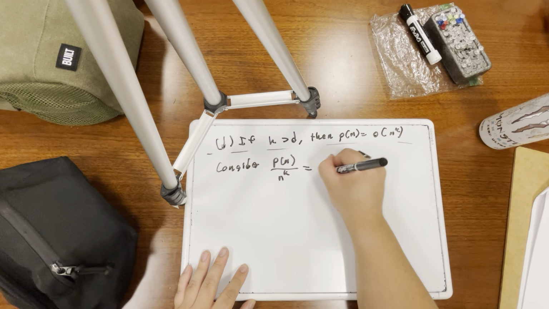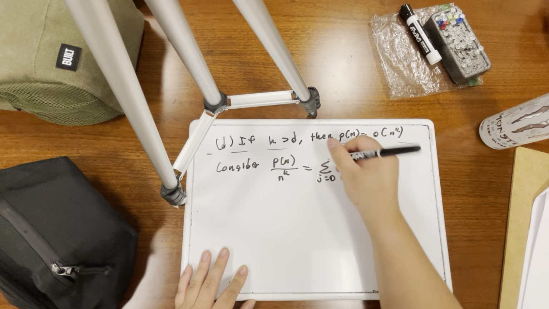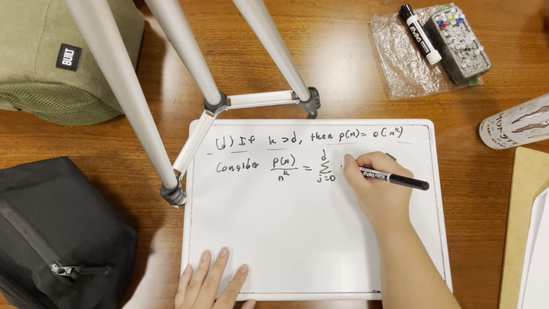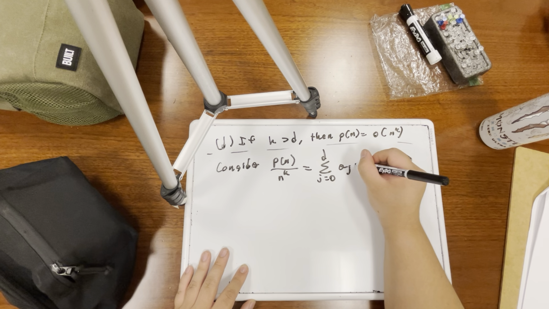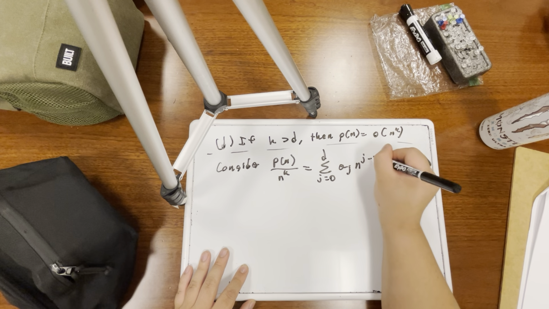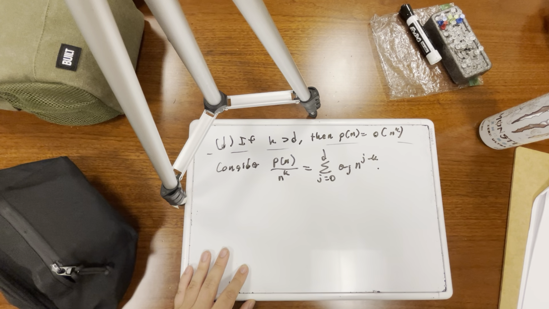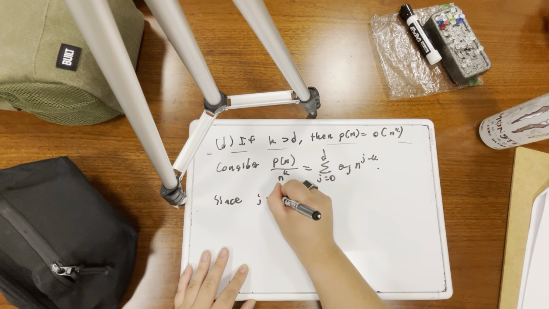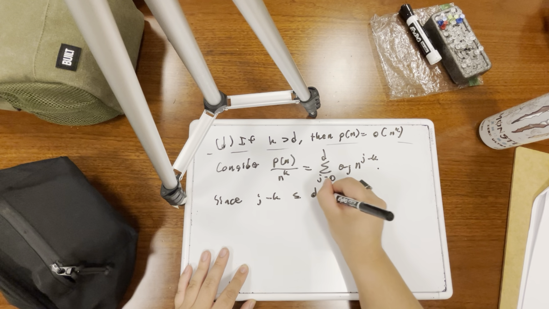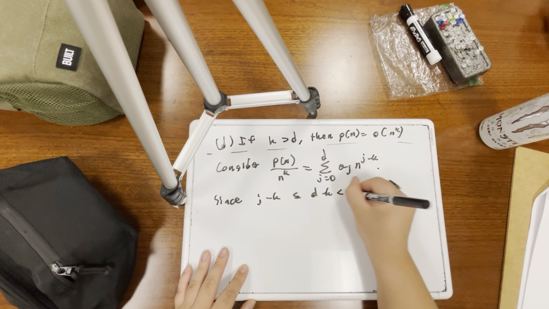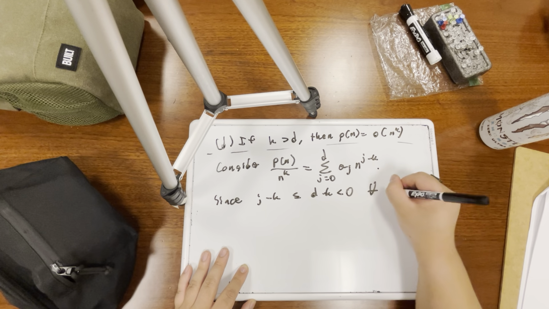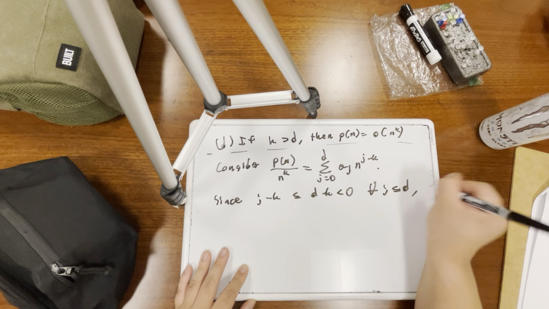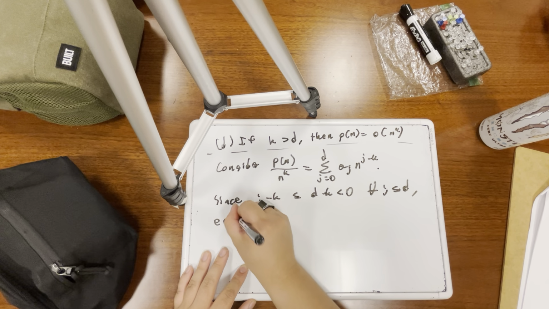This is equal to the summation from j equal to 0 to d of a sub j n to the j minus k. Since j minus k is less than or equal to d minus k, which is less than 0 for every j less than or equal to d, each term